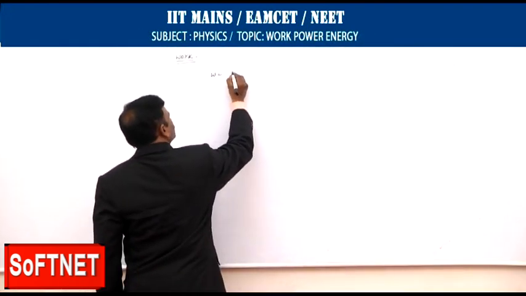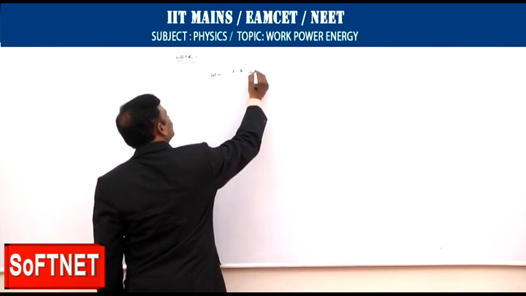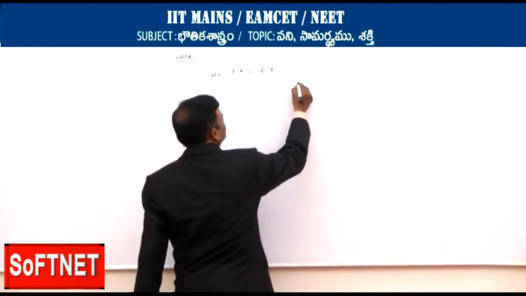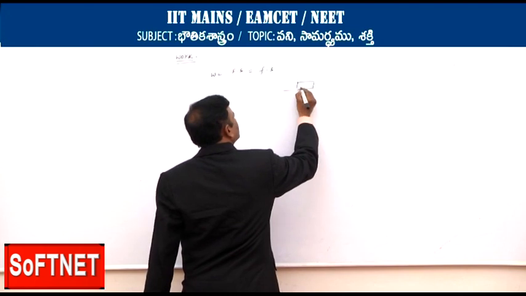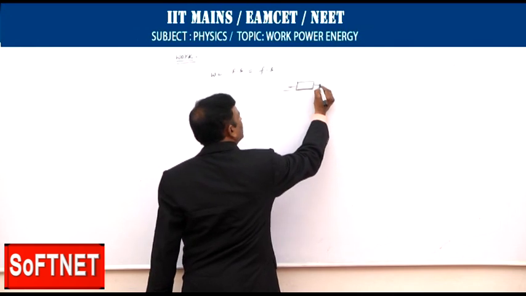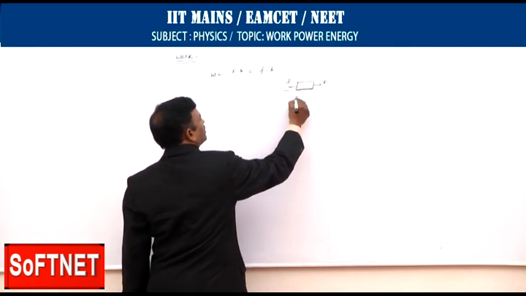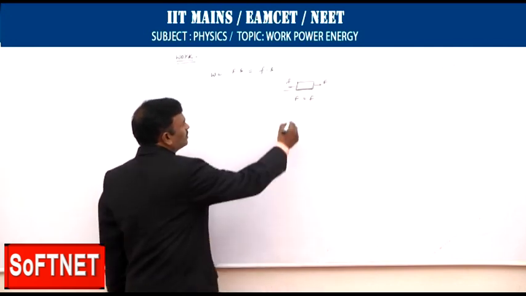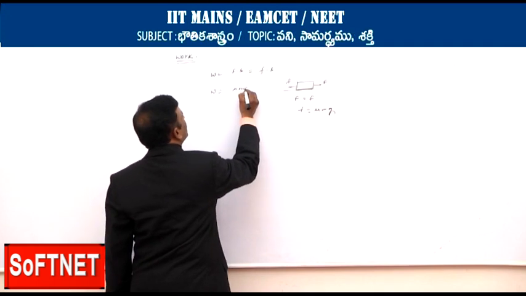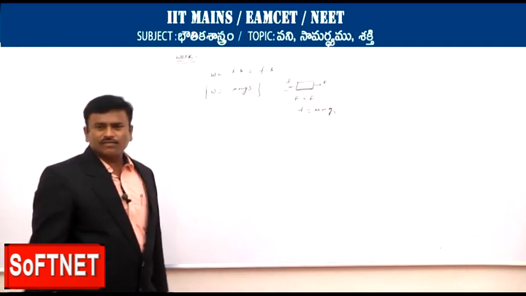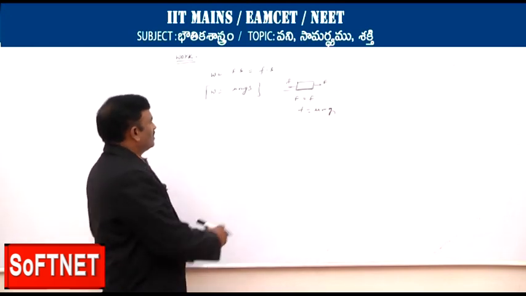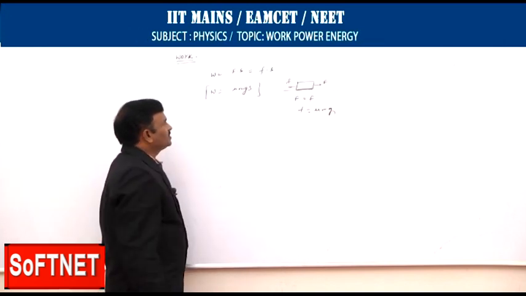Now let us see: work is equal to force into displacement. The force may be frictional force. For the body, the minimum work is done if the applied force is exactly equal to the frictional force, F equal to f, and we already know that f equals mu into mg. So the work done is mu mg s. The body moves with constant velocity, and the work done by the frictional force is mu mgs.